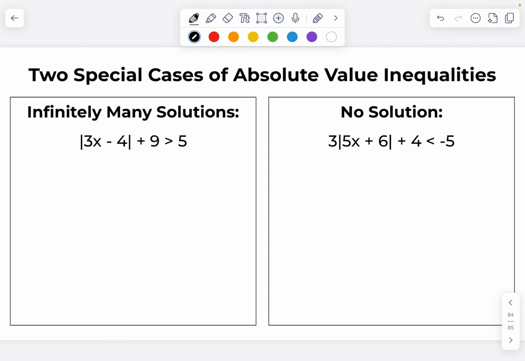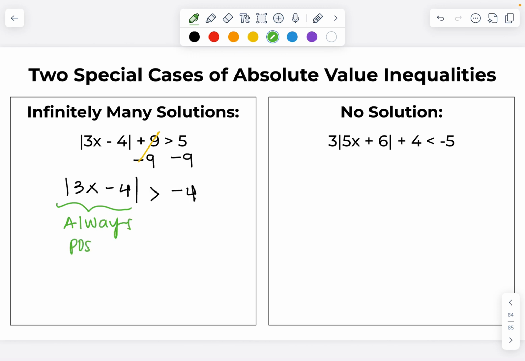We have 2 special cases that I want to briefly talk you through. Here we're going to follow the same process, isolate our absolute value bars. Notice the absolute value of 3x minus 4 is greater than 5 minus 9, which gives me negative 4. What do we know to be true about absolute value? This is always going to be a positive